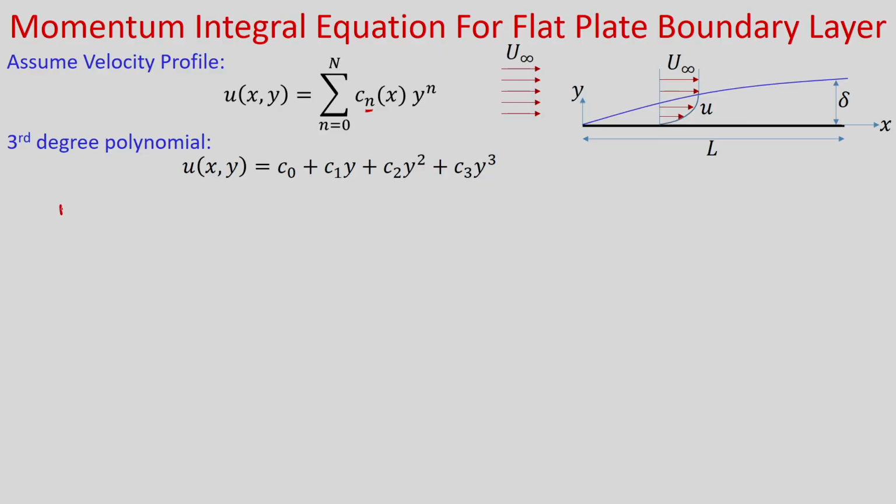3 boundary conditions are easy to write, because you know that at y is equal to 0 we have the no slip boundary condition, so u is equal to 0. At y is equal to delta, that means at the edge of the boundary layer, we have the velocity u is equal to u infinity, and also the velocity gradient is 0, that means del u by del y at y is equal to delta is equal to 0. But another boundary condition we need, so that we will derive from the governing equation, invoking that at y is equal to 0 velocity is 0.